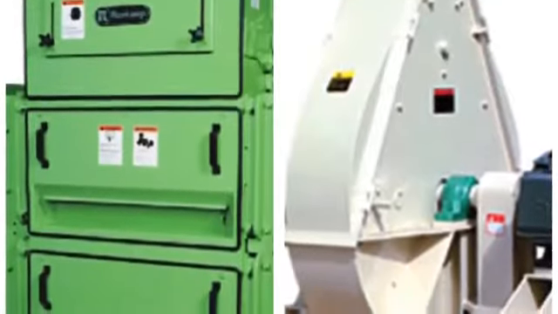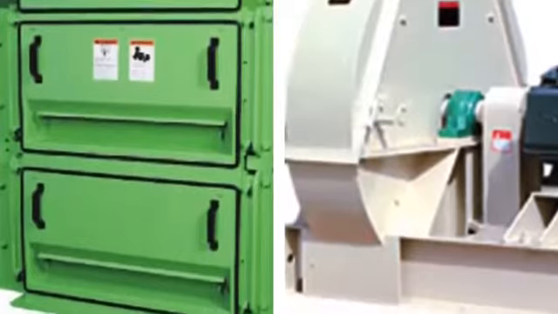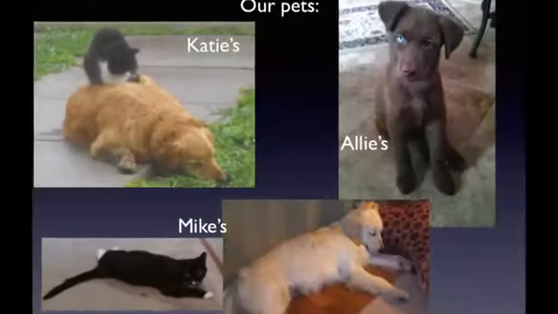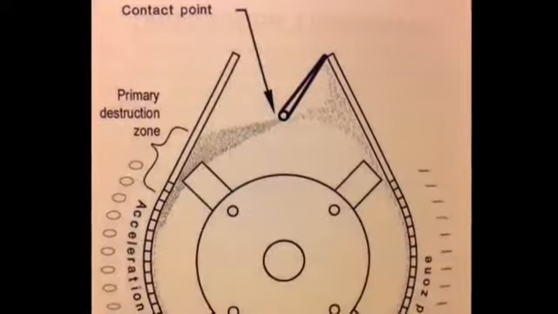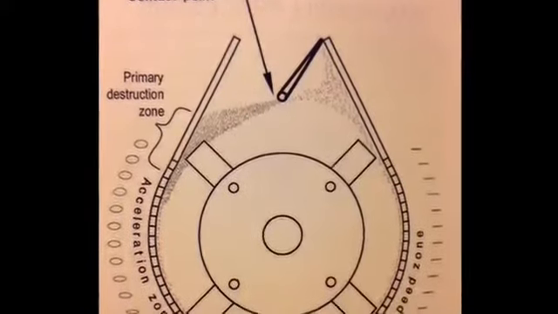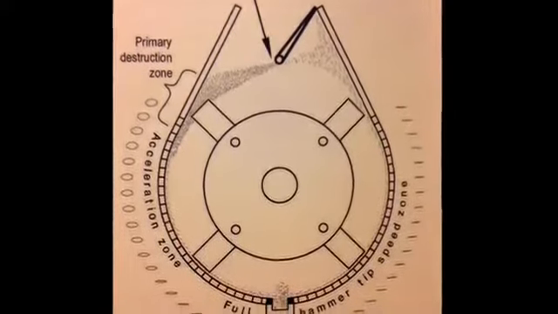are hammer mills and roller mills. The question we are proposing is which type of grinding process would be most effective in the pet food industry. The biggest difference between hammer mills and roller mills is that hammer mills use impact grinding, while roller mills use